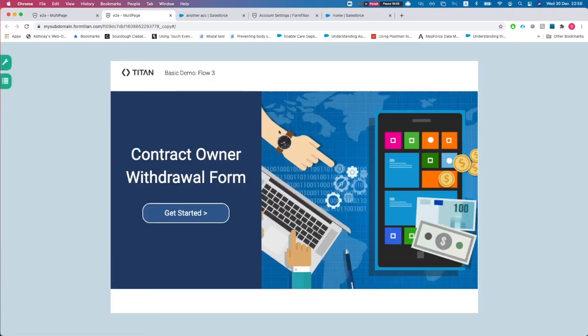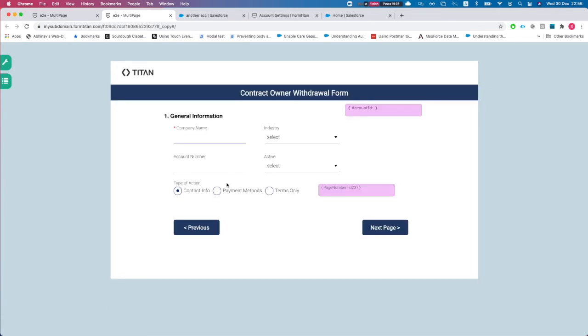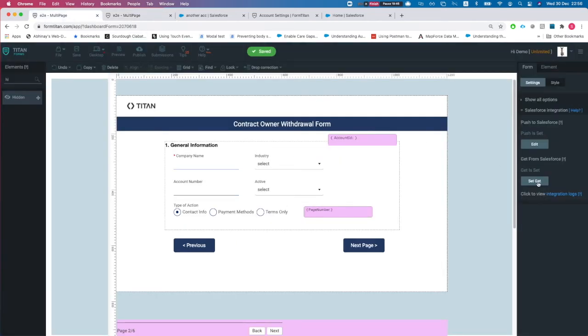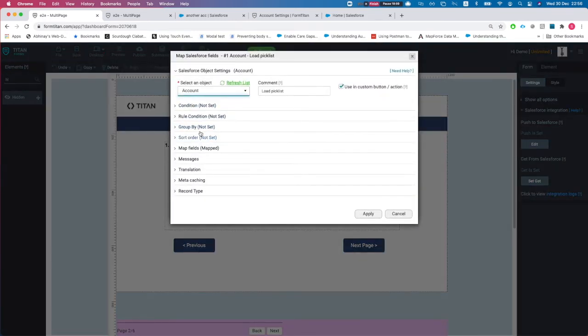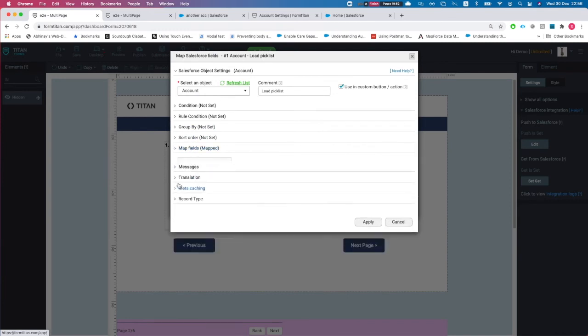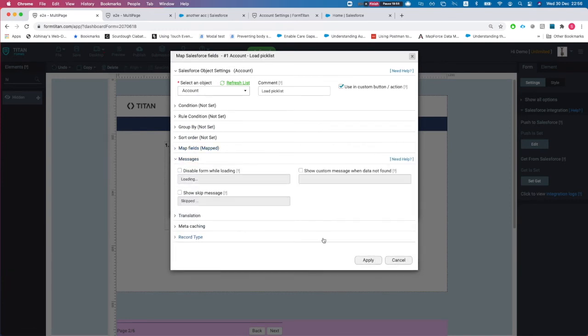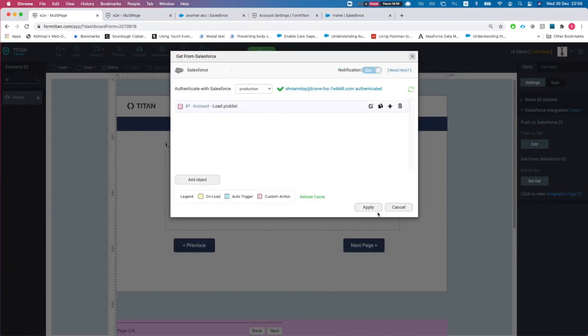All right, so we landed on the first page. Immediately we saw nothing ran, no gets, nothing. This is just an introduction page. Once we click the get started, we saw that get pick list running real quick. And you could load this in the background by going to our get and just not showing any messages. Or another cool thing you can do